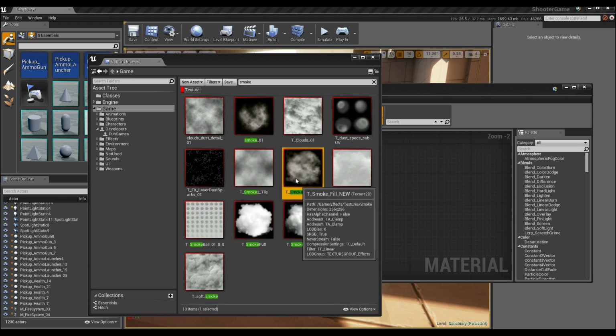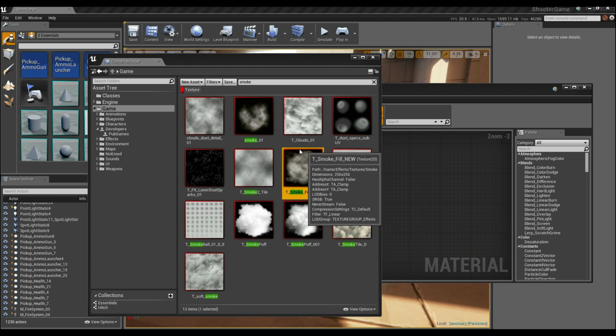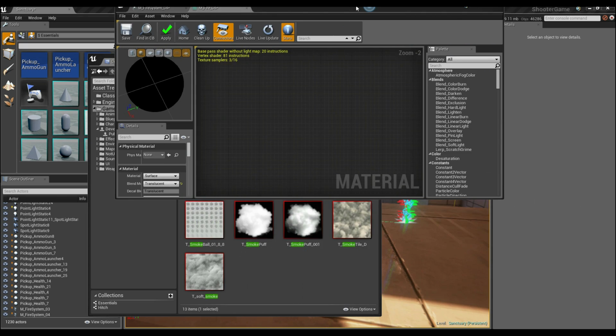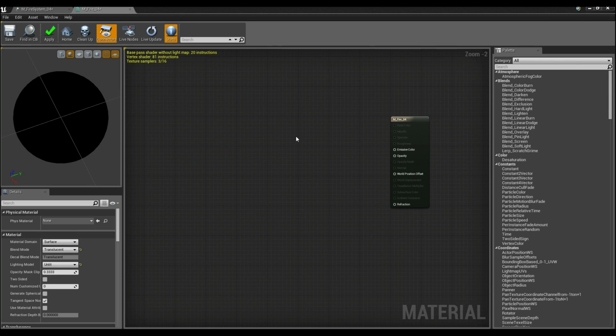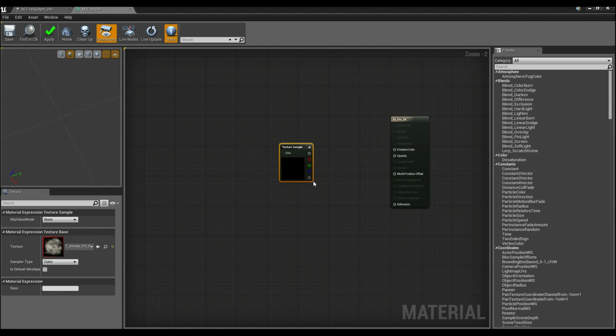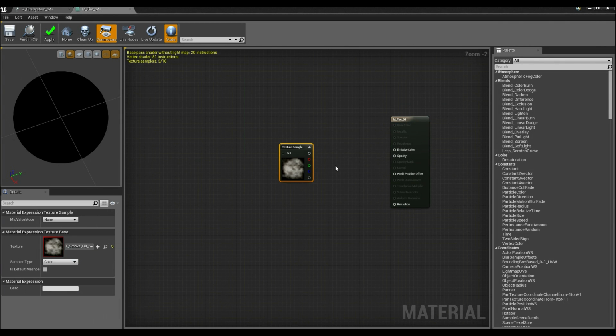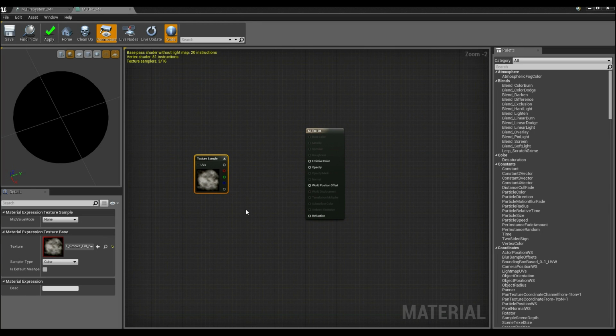We're going to grab this smoke fill because that looks pretty good. So you can see that it's got the edges there. I'm going to go back to the editor. I'm going to hold down T and left click. And that adds that smoke as a texture sample. And now what we're going to do is simply run that texture sample into my opacity channel